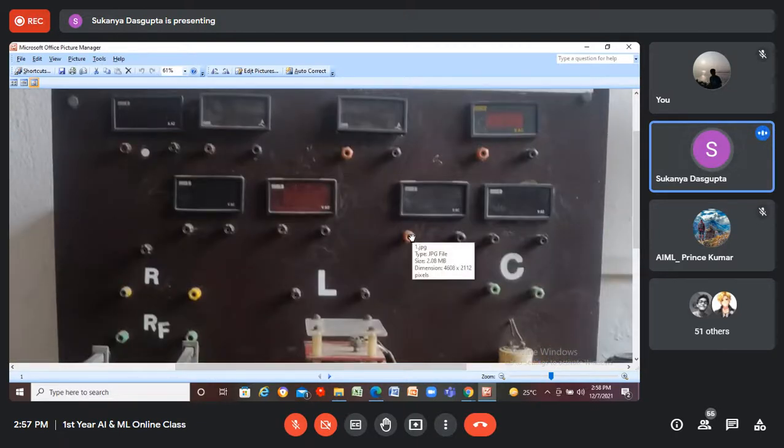These are digital instruments. This is the ammeter, this is the voltmeter. After V, AC is written, can you read it? That means all are AC instruments. And below AC, a sinusoidal symbol is there below A. That means this is an AC meter. This is also another type of symbol showing that this is an AC instrument.